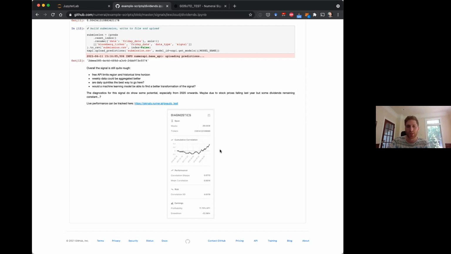Are you going to keep submitting on this test account? Yeah, for sure. At the same time, I was hoping to find the time to include other countries, or maybe find a better transformation of the signal. But if I submit that, I'll do it in a separate account. So this is a nice way to just keep track of what the example script is doing.